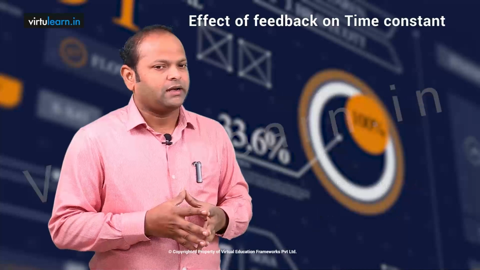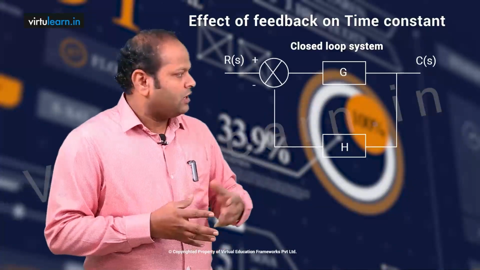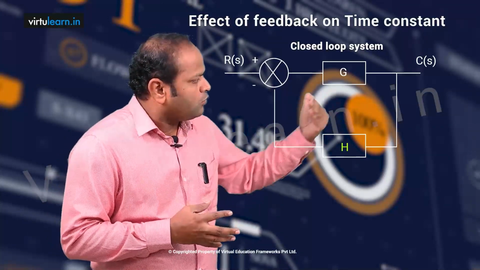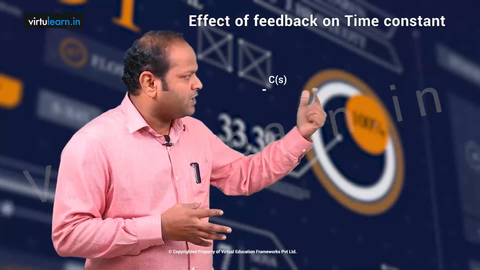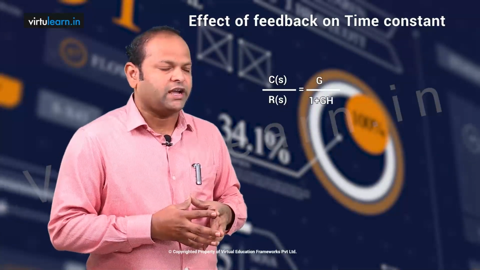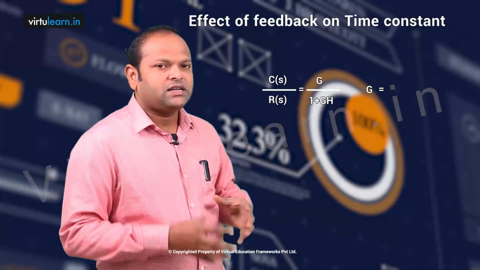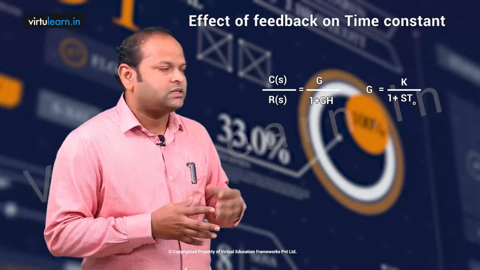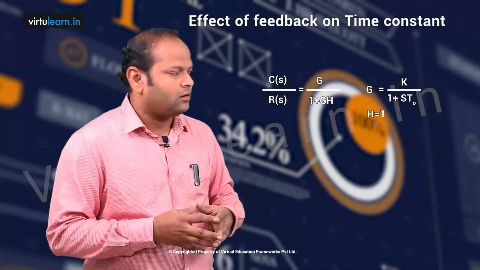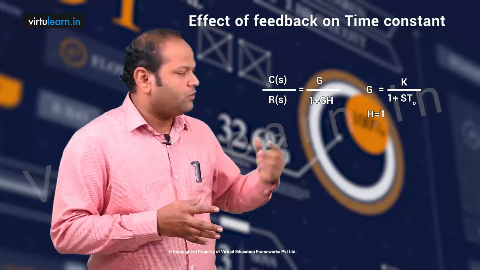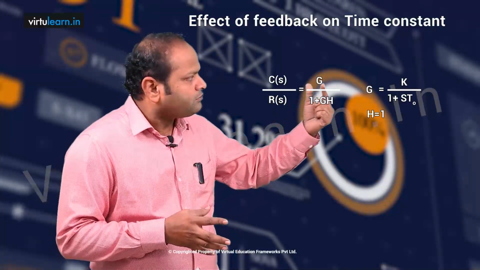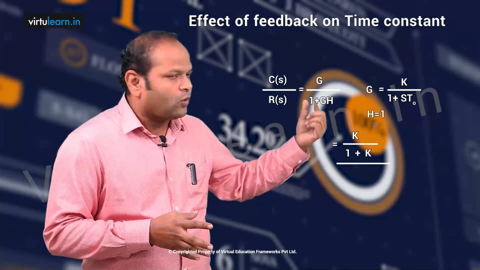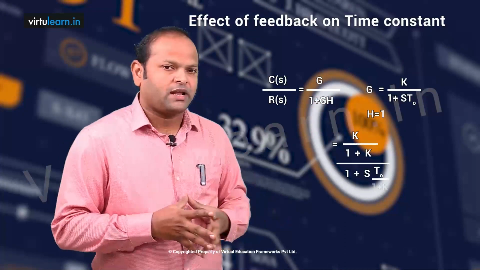Now what is the time constant of this? Simply T naught, right? When you look at the closed loop and assume my feedback is unity, H is unity, then the closed loop transfer function C of S by R of S is G by 1 plus GH. Take G as K by 1 plus S T naught, divided by 1 plus G again, K by 1 plus S T naught, with H equal to 1. The result is C of S by R of S equal to K by 1 plus K,